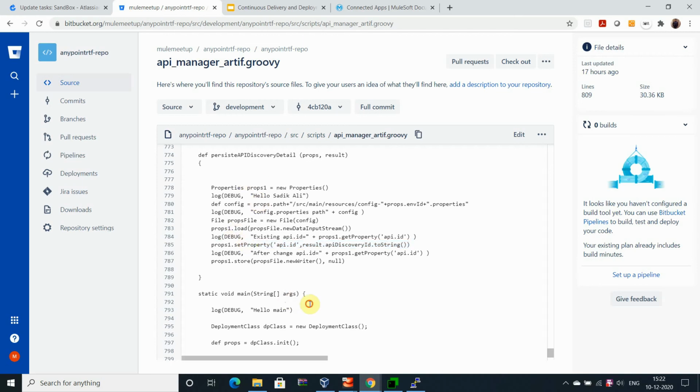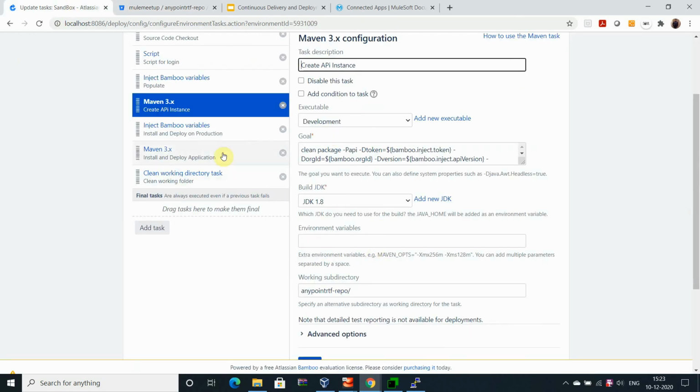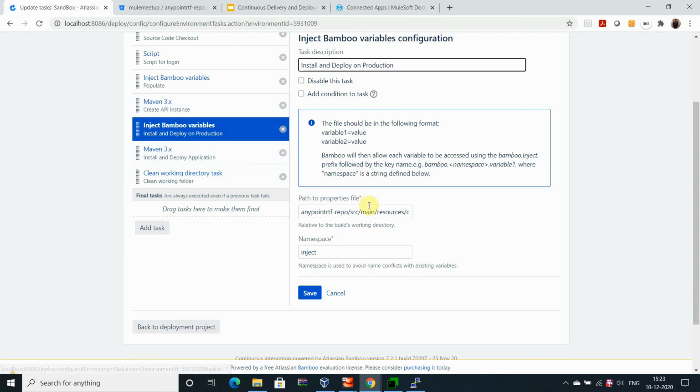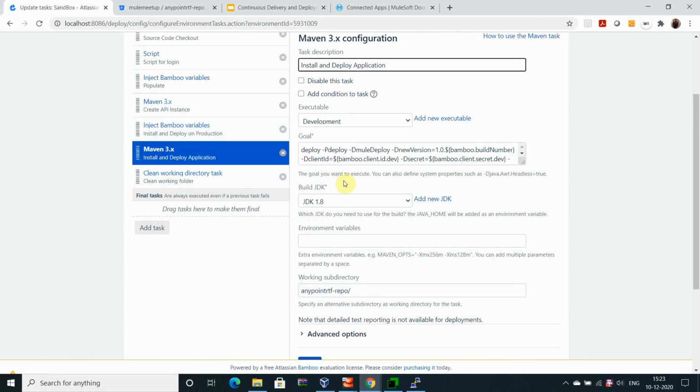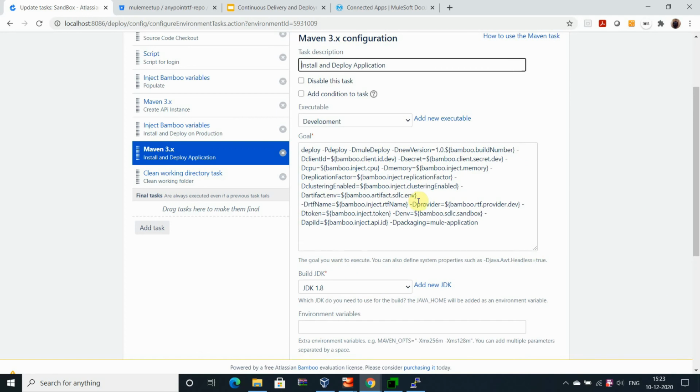I wrote it in the property again, and then I have to load the properties in memory again, because they are new properties added. I need that API instance ID to enable API discovery on the platform.